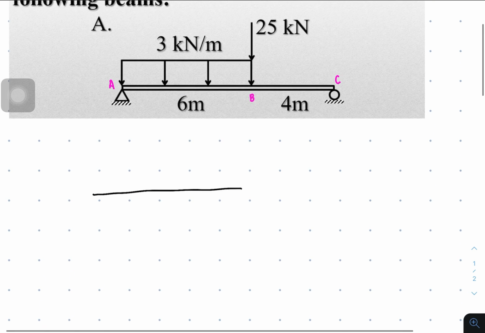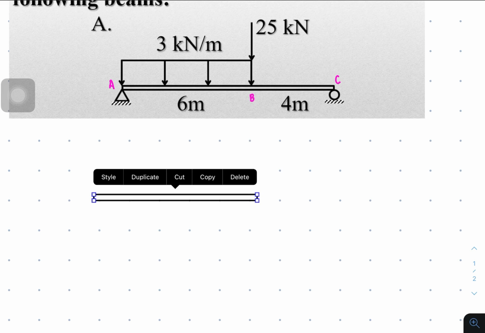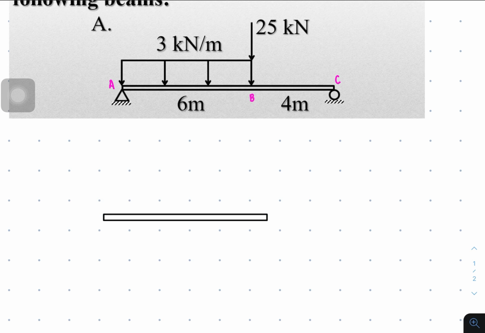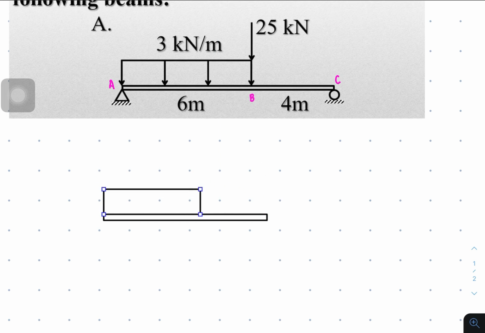So we're going to draw the beam, and then we're actually just going to copy all the loads of this beam. So let's copy that, or let's draw that. Drawing that one, let's put it here and there. And of course, let's follow. This is